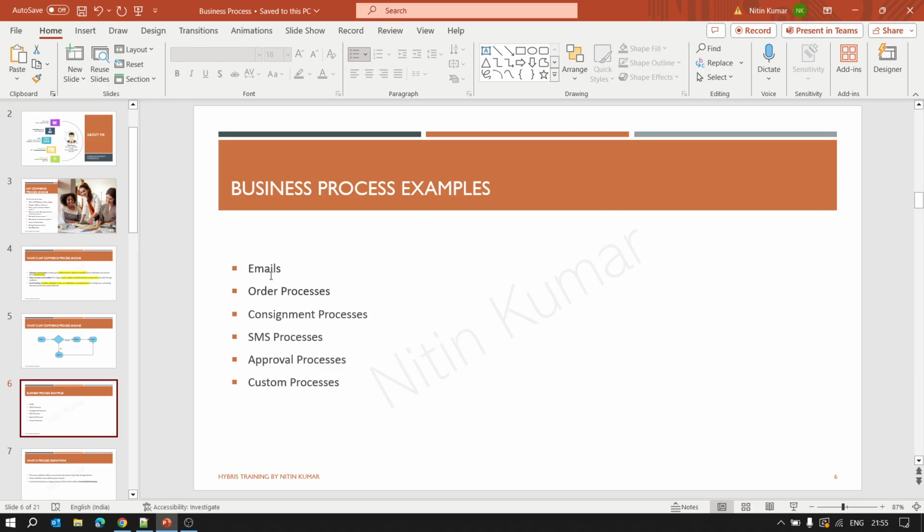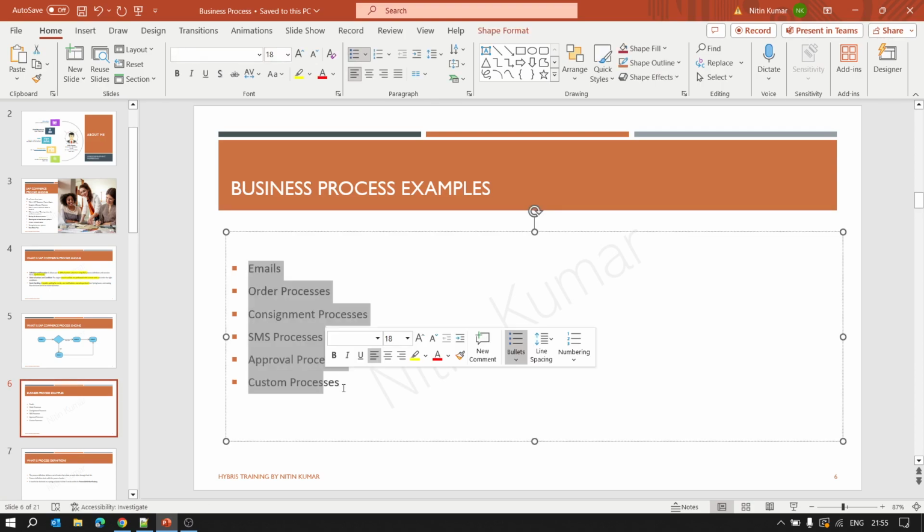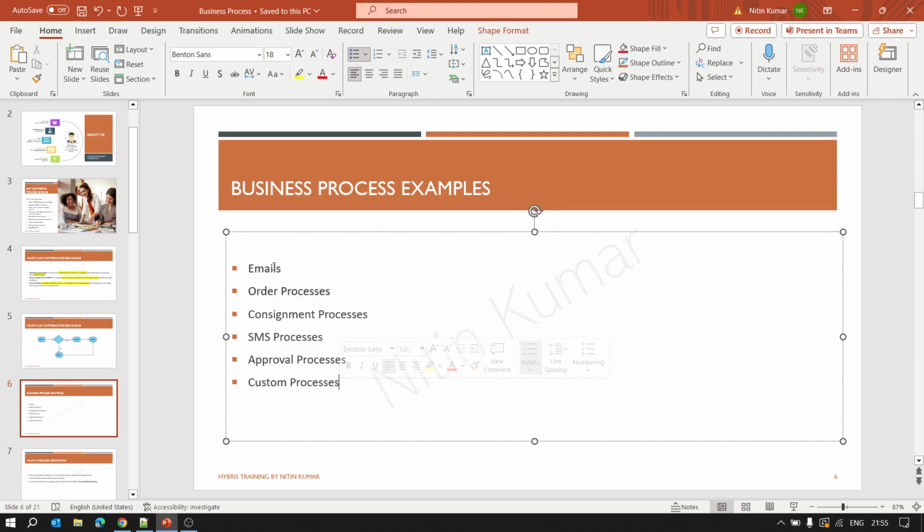So the first one is emails. All these points which I have mentioned here are your business processes only. Email is a business process, order process is a business process, consignment process is also a business process, SMS, approval processes, or any business process which we create custom, that is also a kind of business process. So these are certain